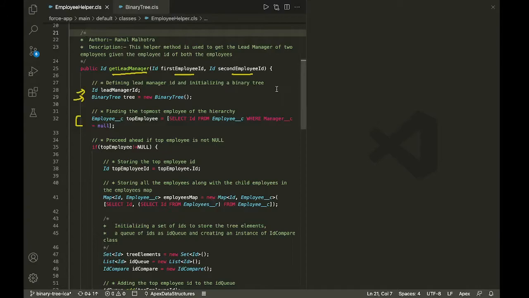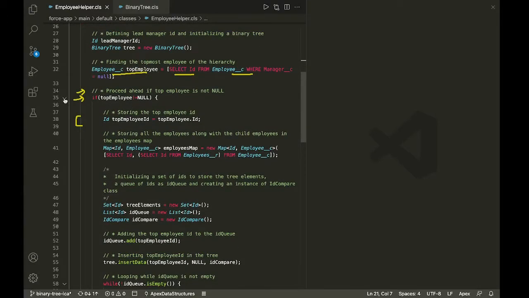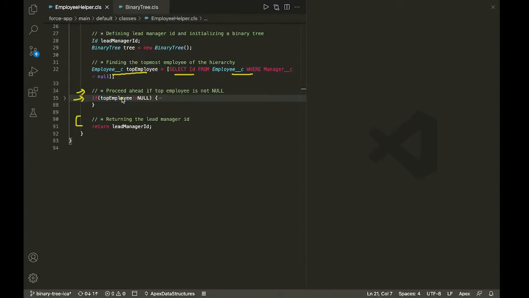Okay. So let's check what we need to do after this. After this, we are first of all checking if the top employee is not equal to null, because in case I can construct a binary tree, only then am I going to proceed further. Otherwise, I am simply going to return the leadManagerId because I cannot construct a binary tree. In order to construct a binary tree, you have to find an employee who is not reporting to anyone, right? Whose manager field is going to be null. In case you cannot find an employee, that means you do not have any employee who can be the root of the tree. So in that case, you are simply saying that I cannot find the lead manager ID because I am not able to form a tree. So in that case, leadManagerId will be returned and this is by default null. So we are going to return null from here.